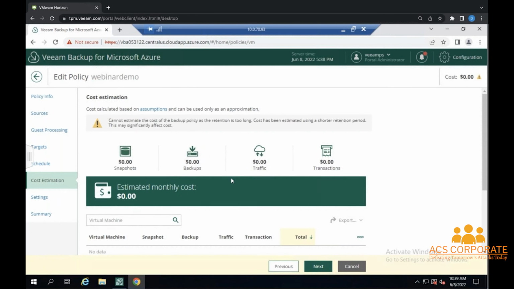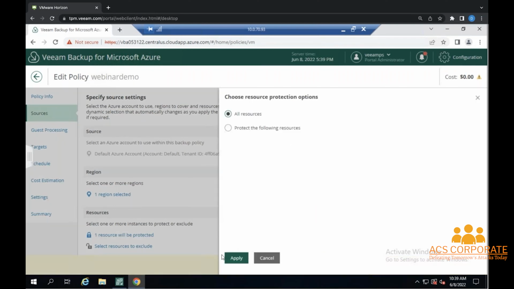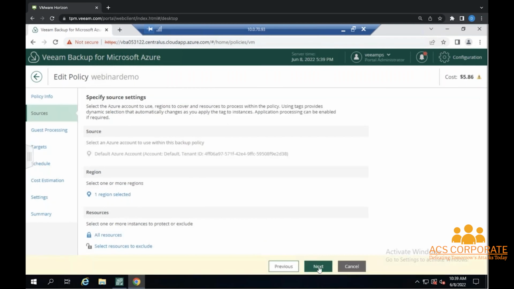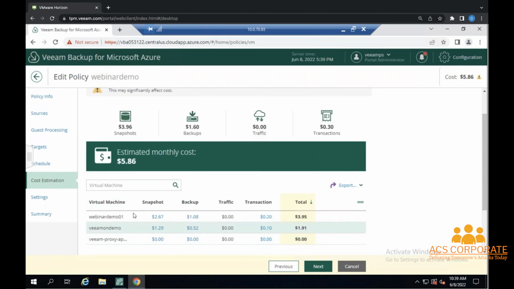Now it's telling me it's going to cost me nothing because I'm already protecting it through my other backup policy that's protecting just the resource group. So it's not going to take more backups of that because I've already pre-configured a backup policy. If I now go back here and I specify all my resources, there's other virtual machines in there that can be protected. And we now see that it's picking them up, and the other ones are going to be protected with this policy, but the two that I already have protected are not included. So that is why we were getting a zero